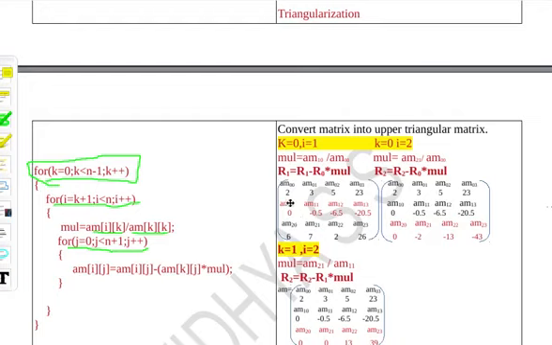So a ij, so take each element and minus, what I have to do, take the pivot row. Pivot row I will get from k. Pivot row, the same column, that is the column I will get from j, that is kj, into the multiplication factor that I have already got. So this will be a of ij equal to, that is a10 equal to a10 minus a00 into multiplication factor. So next time a11 will change to a11 minus a01 into multiplication factor.